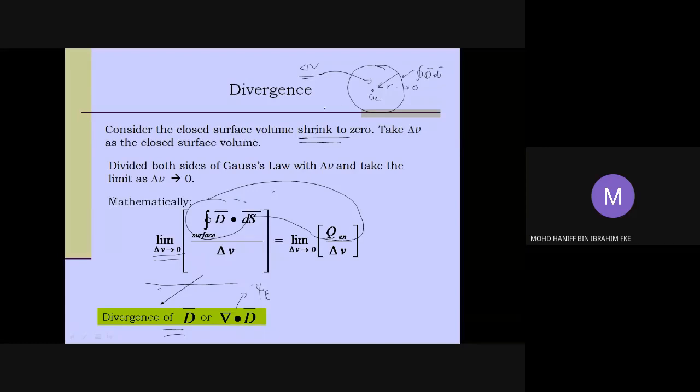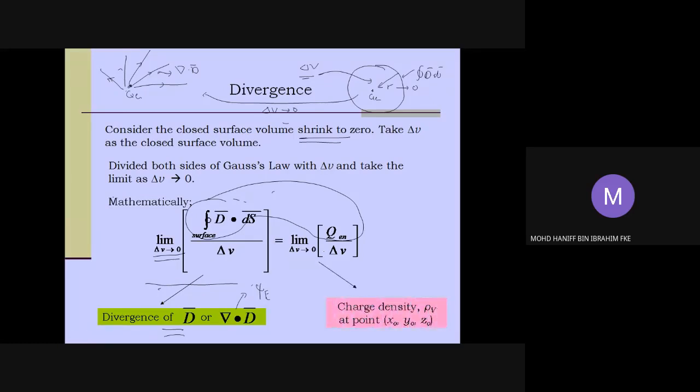Let's say we have a point. In the case where delta V is approaching 0, we are going to have a single point, the charge enclosed. So that should be a flux leaving the point. This flux that leaves a point is noted as the divergence of D, which is a flux amount. While the right-hand side is what we call a volume charge,